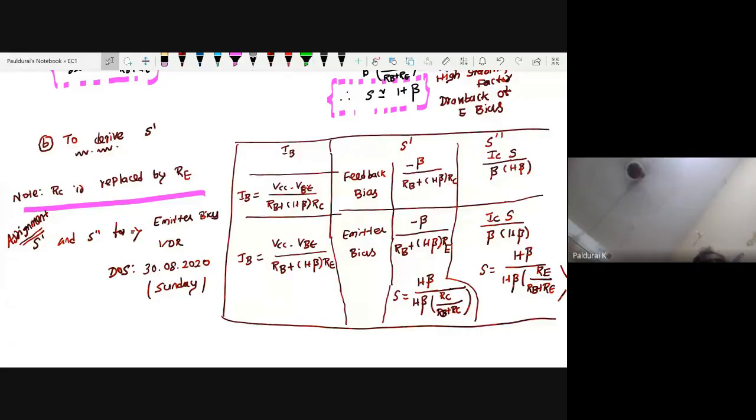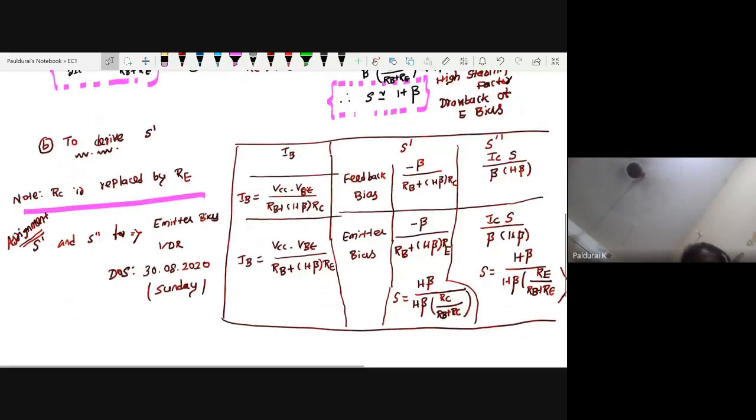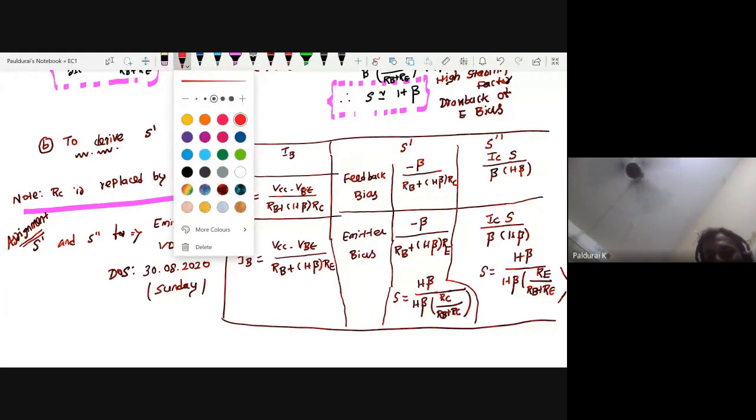So any doubt in emitter bias? Now the most interesting part. So now put the heading: voltage divider bias, and before that,